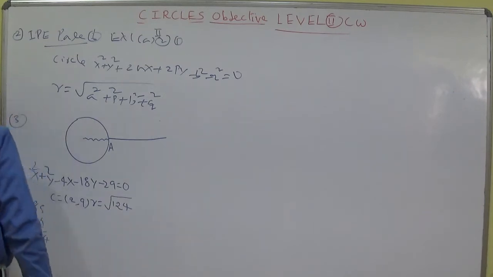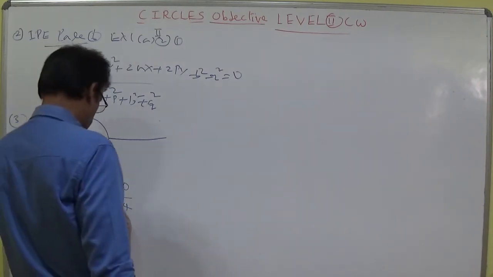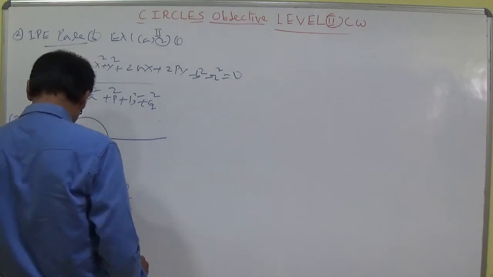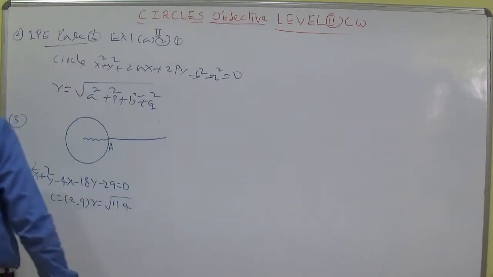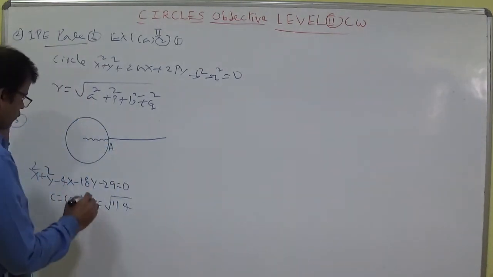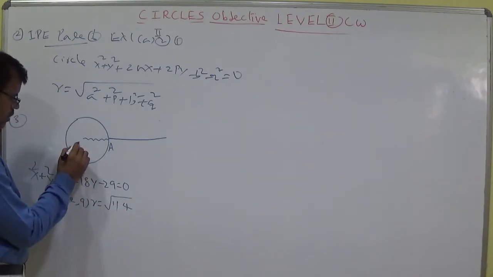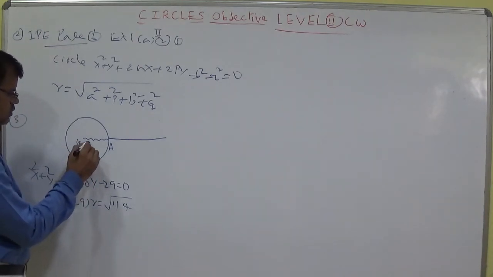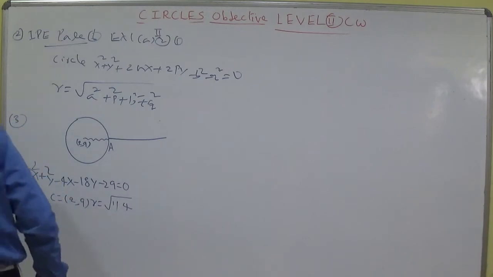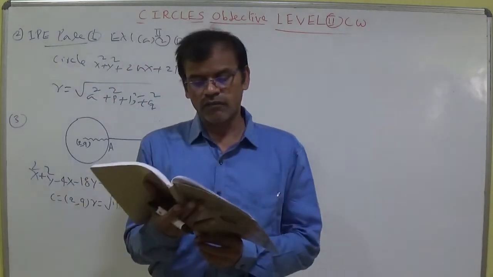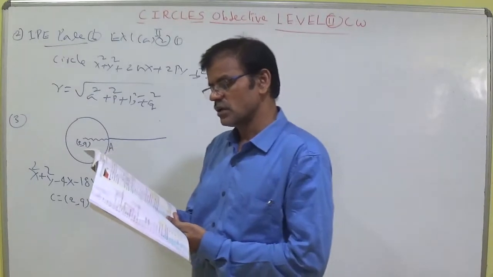114, not 124. It is 124. It is 114. So here radius is 124. Here you write 2, 9 is the center. So depends upon. Here he is discussing with us a rod AB of length 4 units horizontally with its left